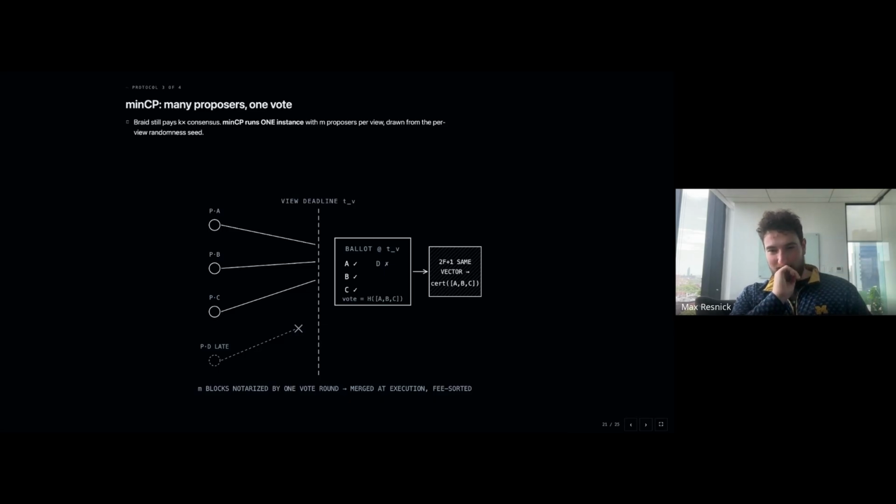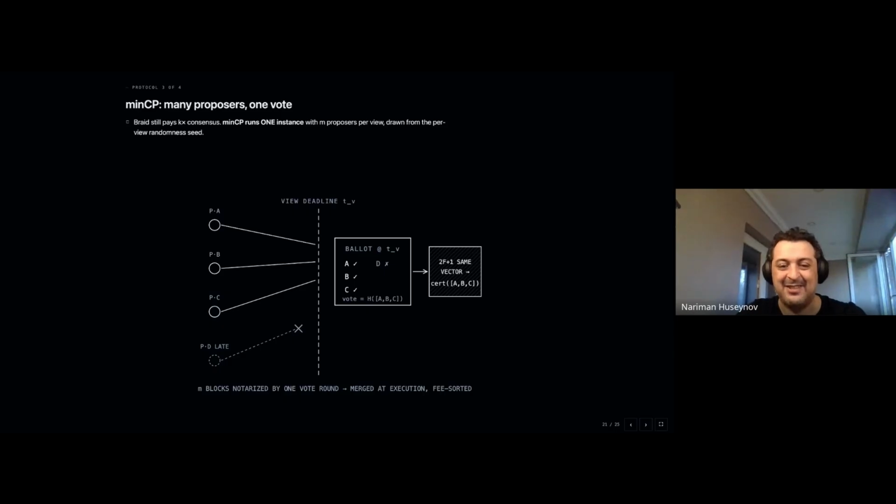But I would say that the vectorization probably does not have a big performance implication on what's going on inside the validator. It's more about the messages that are sent back and forth, where this approach is nice. Does that make sense? Thanks.